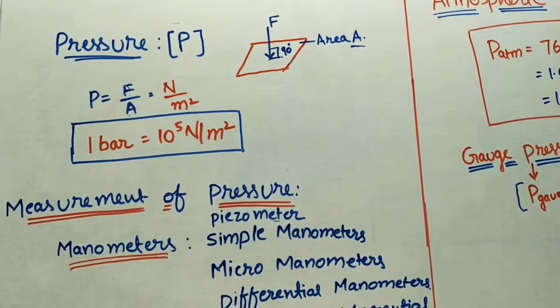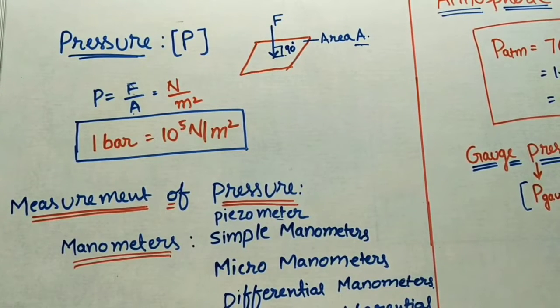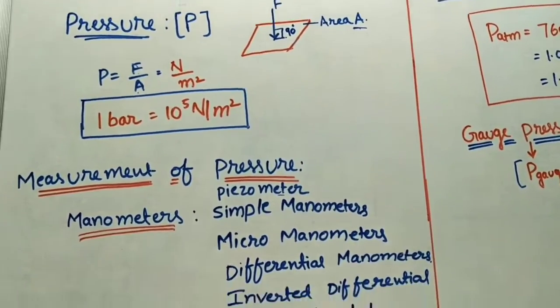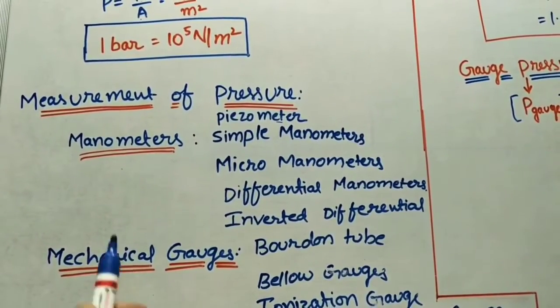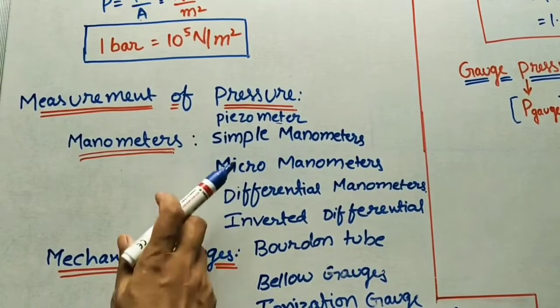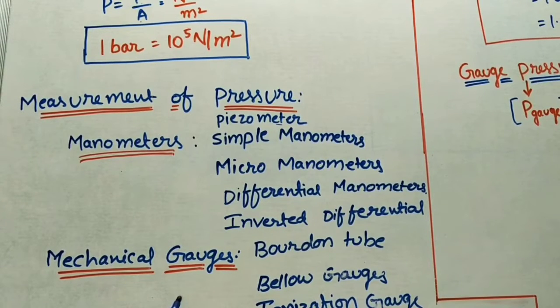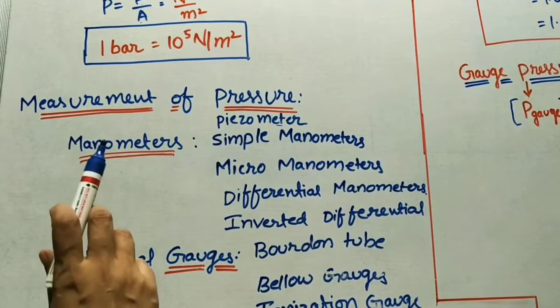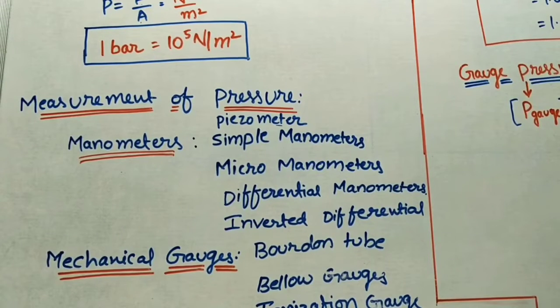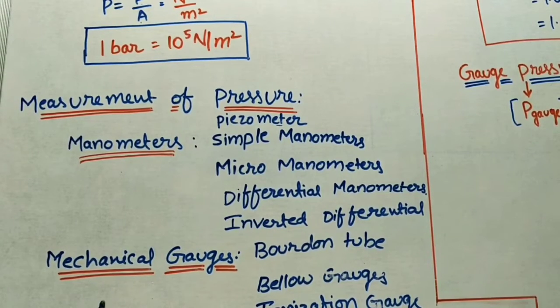Now how to find this pressure in a given vehicle, in a given boiler or turbine? We are using different instruments for finding the pressure. Here some manometers and some mechanical gauges we are using, but in thermodynamics we don't cover the working process of these manometers and mechanical gauges. In fluid mechanics and instrumentation and control systems, we have the complete process of finding the pressure by using these manometers and mechanical gauges. If you want to check the process, I will give the link in the description box. We did all these videos for finding the pressure. So I will just explain here.